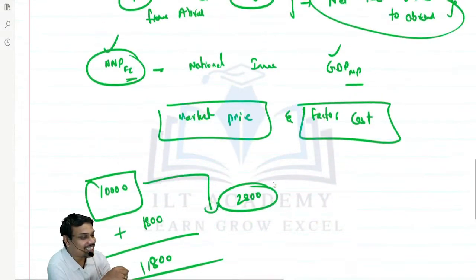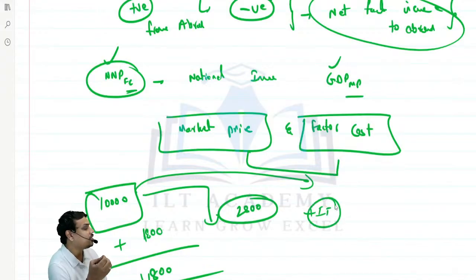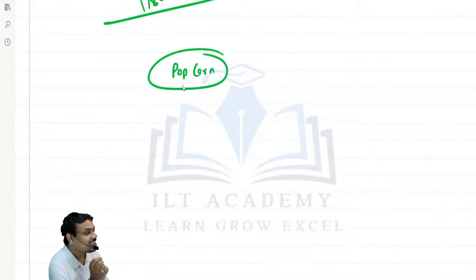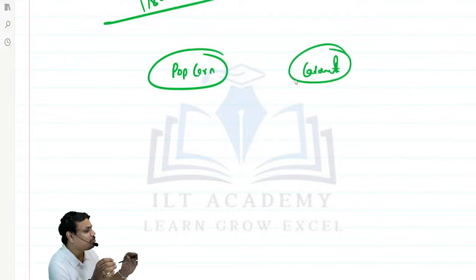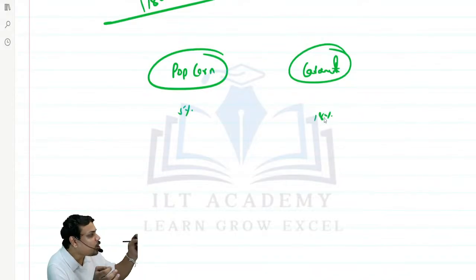राइट, अंडरस्टैंड डिड नॉट अंडरस्टैंड। अब मार्केट प्राइस और फैक्टर कॉस्ट जो है ना, फैक्टर कॉस्ट कितना है यहाँ 10,000, बट इसको क्या ऐड करें हम, इनडायरेक्ट टैक्स। कभी कभी देयर आर टू टाइप्स ऑफ प्रोडक्ट्स इसके लिए, पॉपकॉर्न एंड ये कैरामल पॉपकॉर्न। व्हाट इज द डिफरेंस बिटवीन पॉपकॉर्न एंड कैरामल पॉपकॉर्न, यू नो? जीएसटी, हाँ बोलो बोलो। 28, हाँ, बट पॉपकॉर्न में कितना है, 18, 18 से 28, नहीं नहीं ये 5-10 कुछ है, वो 18 है शायद, हाँ वो 18% है, 5% है ये, यहाँ 18%.